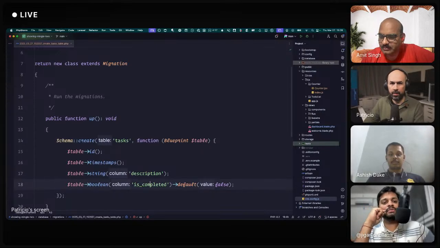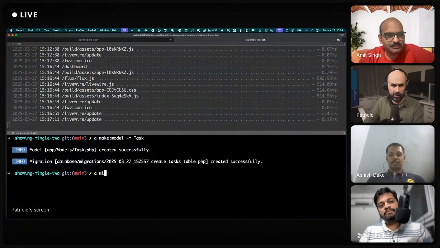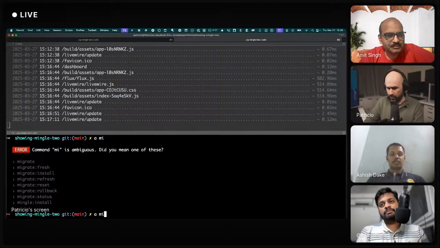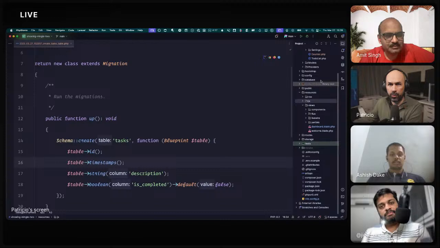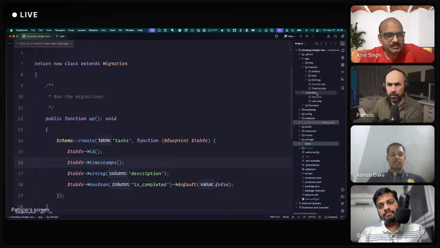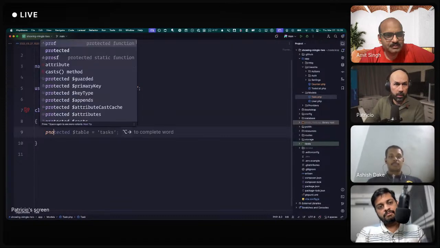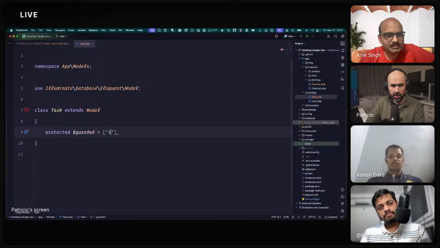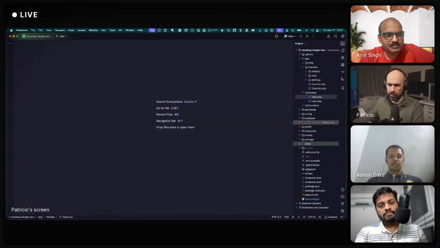Perfect. Migrate fresh seed. We're supposed to have a model. I didn't unguard all, so this should be good for now. That's it. We have a table for tasks and a model to set the table.